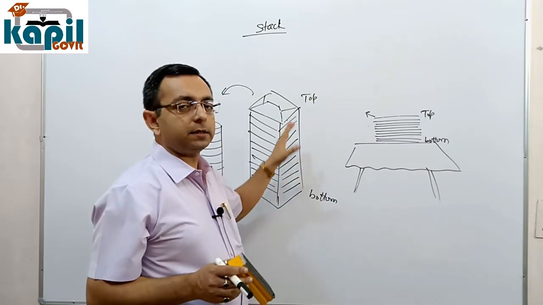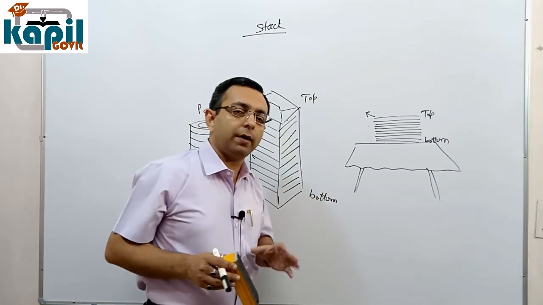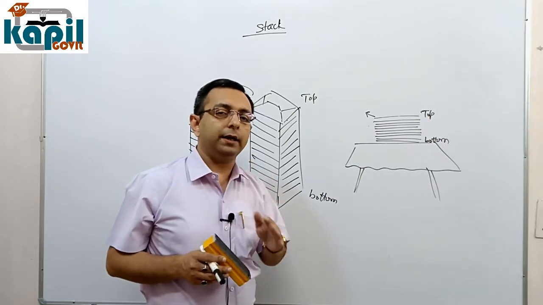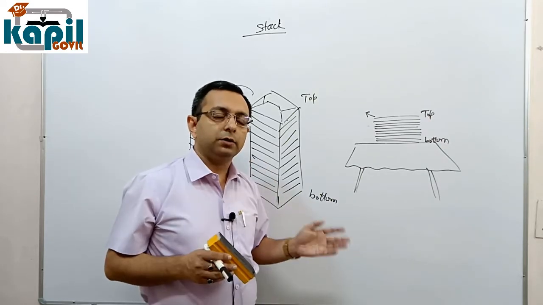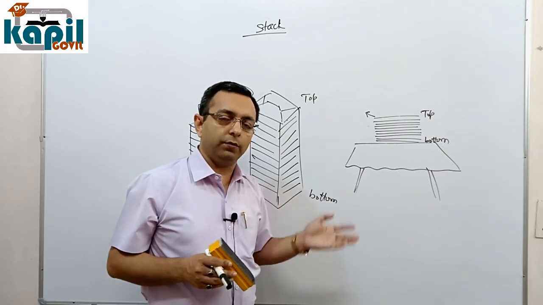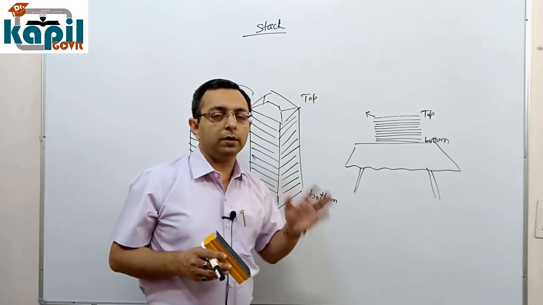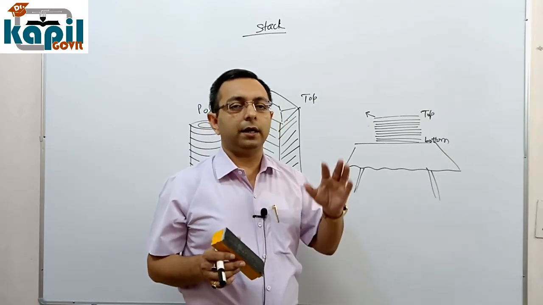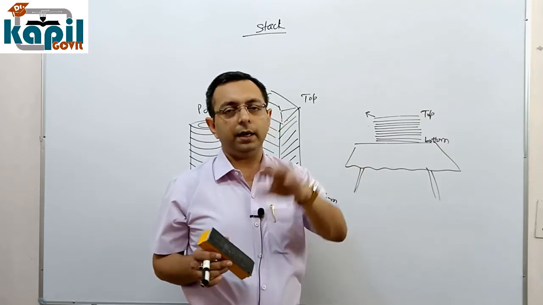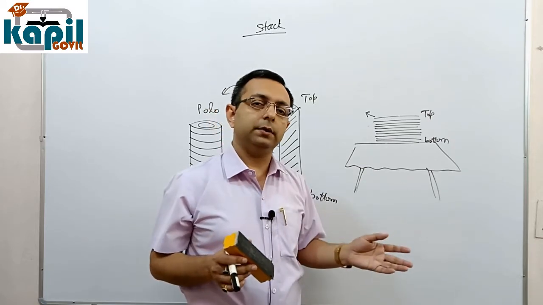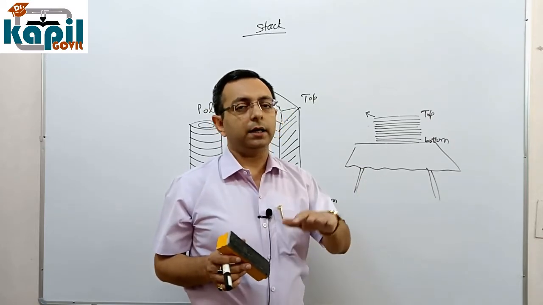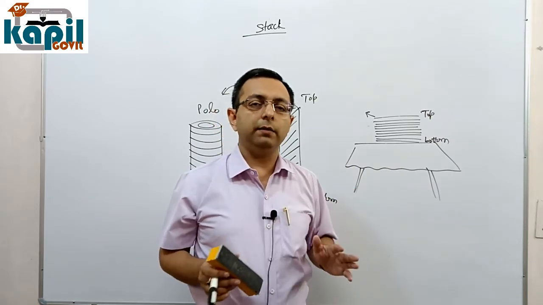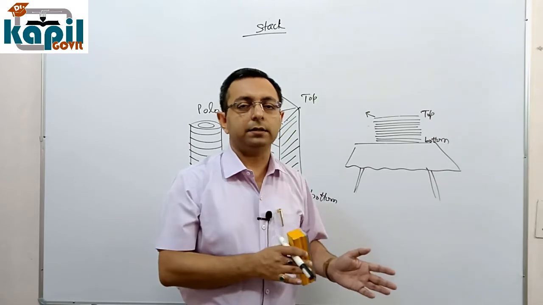Now, why is stack required in data structure? Suppose you have to arrange some data and you have to restrict that whatever data is inserted last should be pulled out, removed or used first. So if the arrangement of data is such that whatever data you inserted first will be extracted last, and whatever data is inserted last will be extracted first, then this arrangement is called a stack in data structure.